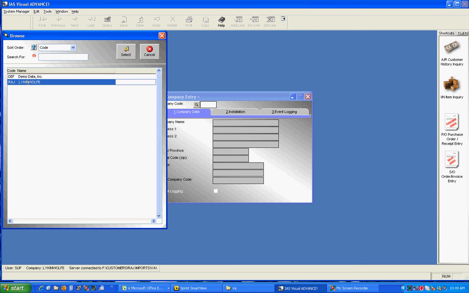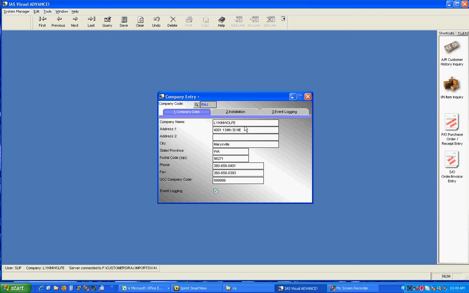We're going to go ahead and do Leichenwolf here. And you would fill in all of the information about your company. One thing to make sure that you fill in is, one, your UPC code, because the system has a UPC generator built into it. You also want to make sure that you choose to